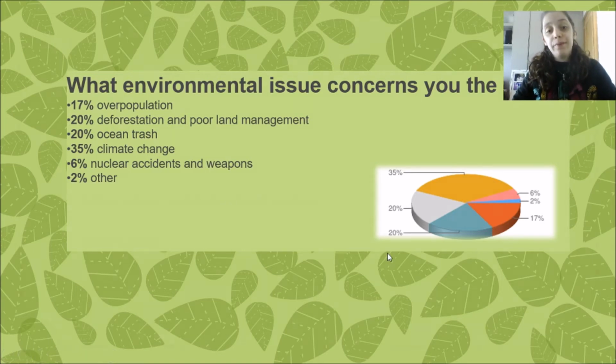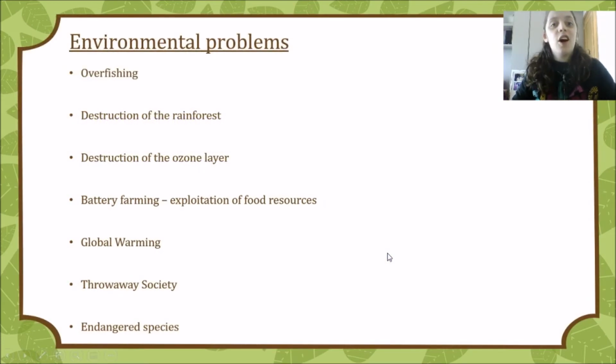and other. Here we have some other environmental problems. Overfishing, destruction of the rainforest, which would be the same as deforestation that we saw, destruction of the ozone layer that protects our planet, battery farming, exploitation of food resources, and global warming, and also throwaway society, which means that